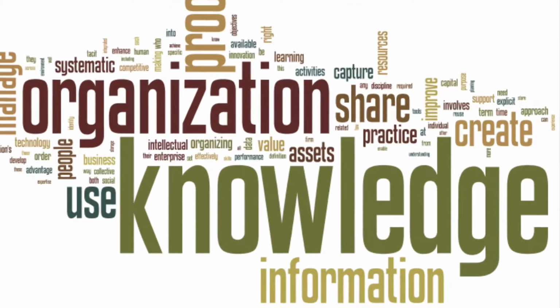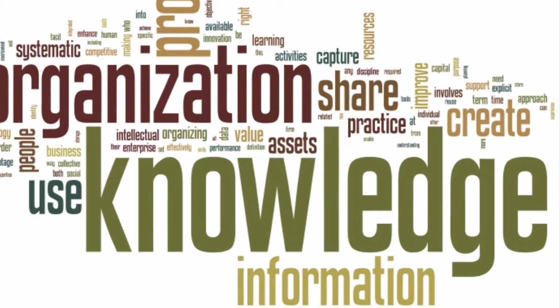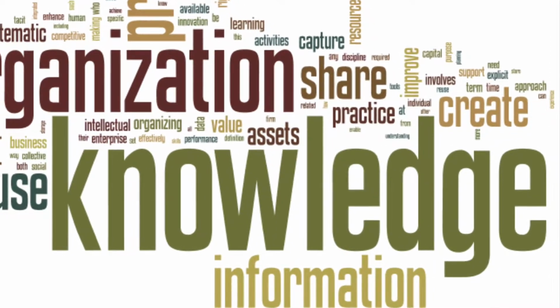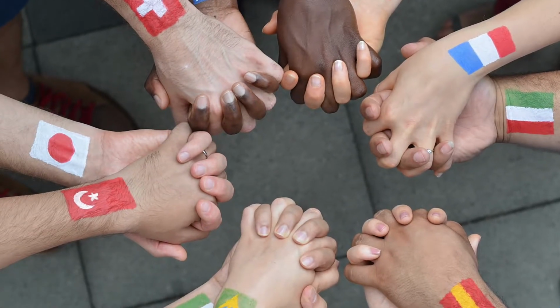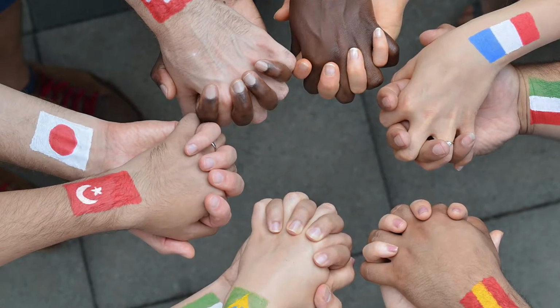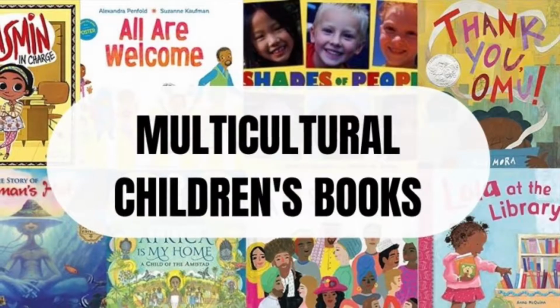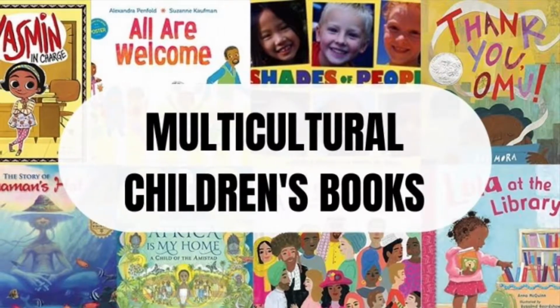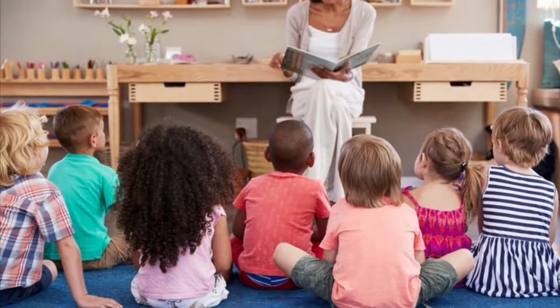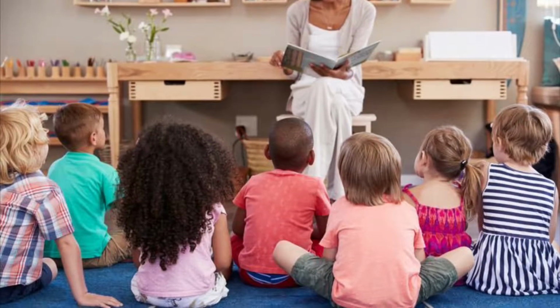The third way to use multiculturalism in the classroom is to advance your students' knowledge. When you help their knowledge, they learn about different cultures in a different country. The best way to teach them is to use multicultural children's books. Children's books can make the lesson more intriguing and fascinating. This helpful tool can make the understanding easier for the students so they are capable to fully comprehend the information.